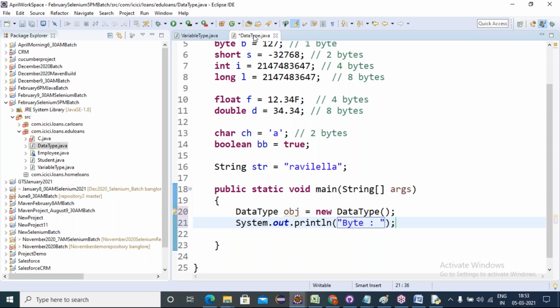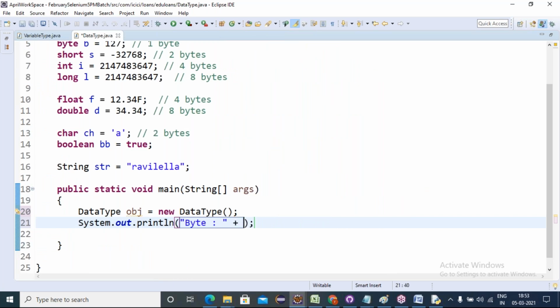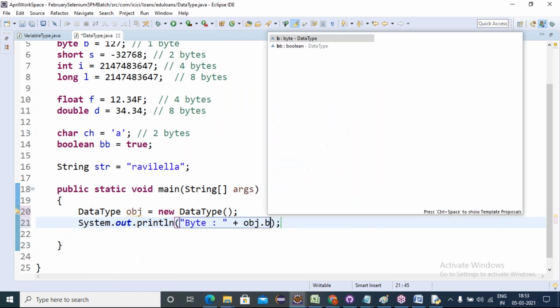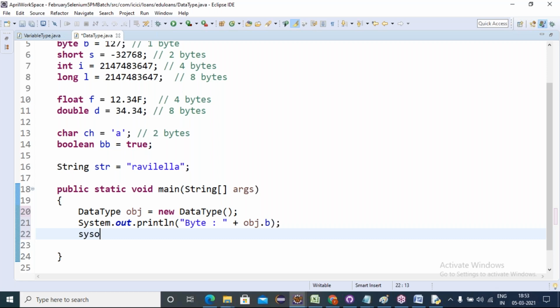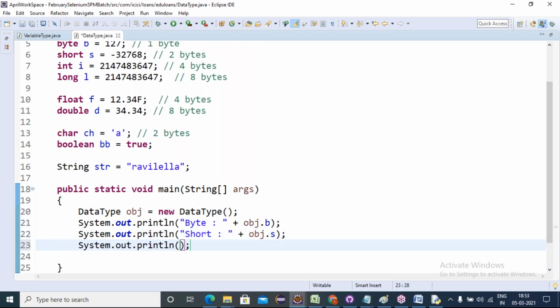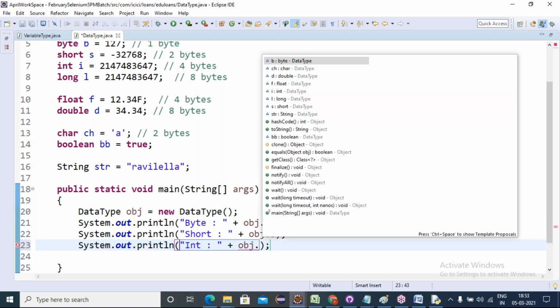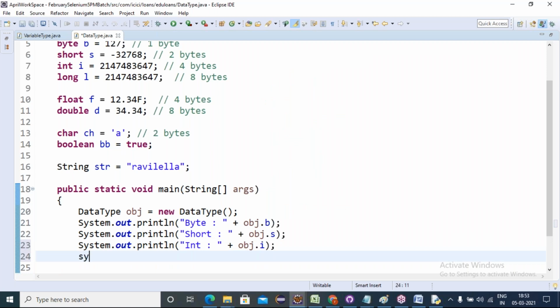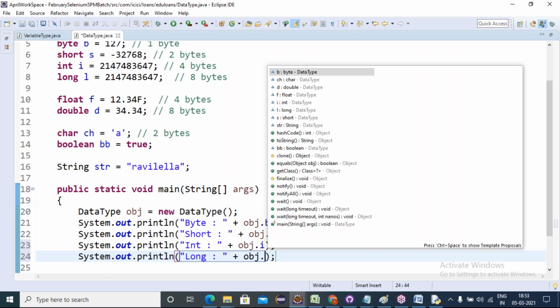Byte, giving concatenation, obj dot b. Okay, sys out obj dot s. Sys out concatenation obj dot i. Next is long: sys out long, obj dot l.